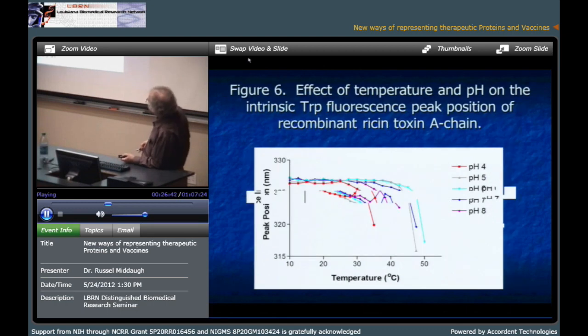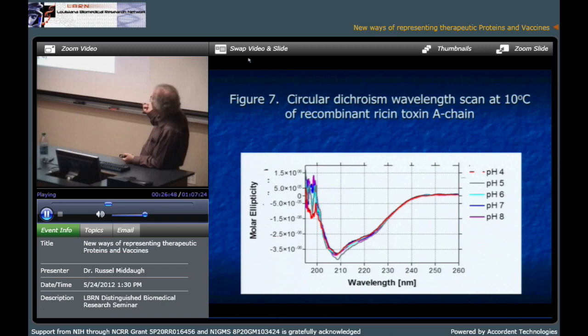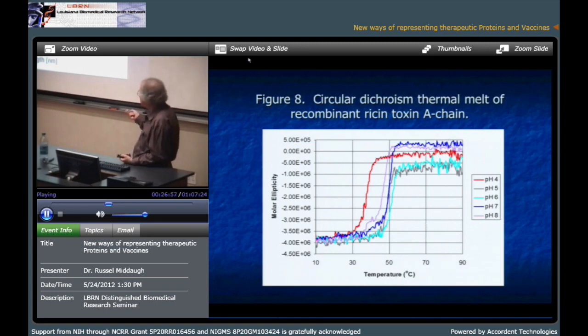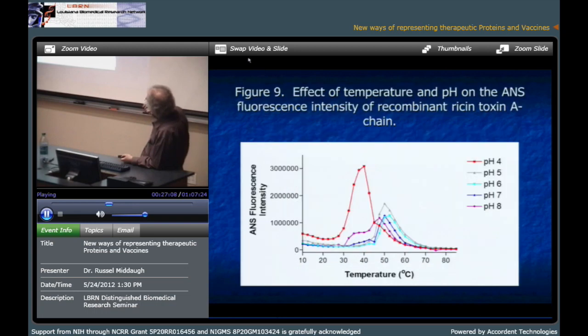Right? And then the whole collection of data. This is, I'll go through it quickly, fluorescence intensity from the tryptophan residues, the peak positions in the fluorescence experiment. It starts to aggregate out here. That's why it drops that way. Okay. Here's a circular dichroism spectrum at 10 degrees. You can see there isn't much difference, but of course when you start heating it, you see significant differences in stability. Not surprisingly, the less stable forms are at low pH 4 and at high pH at 8. And the rest are not as temperature dependent, all right?